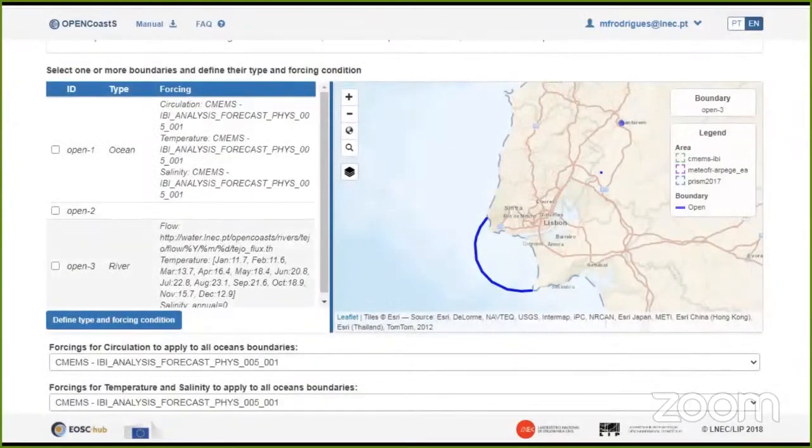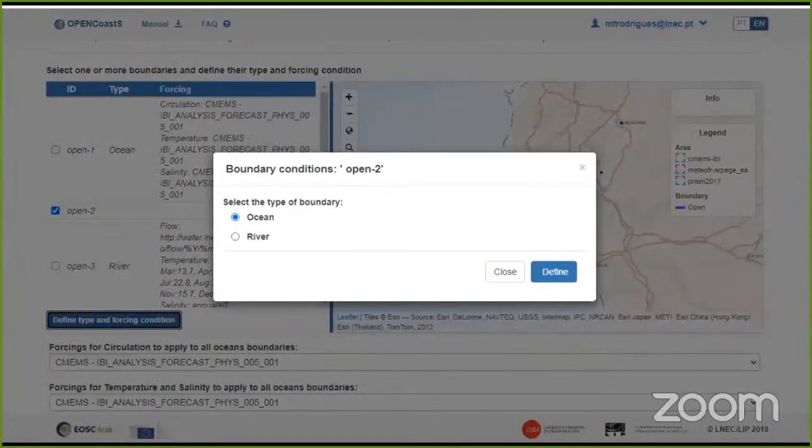Okay, you can see here now we have all the information for this boundary, and we are just missing open boundary 2. Open boundary 2 is also a river boundary.